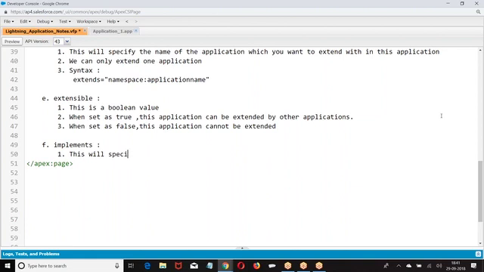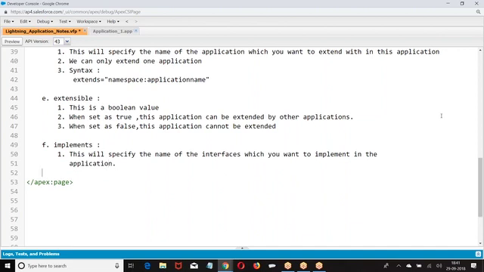This will specify the names of the interfaces which you want to implement in the application. All the interfaces which you want to use in this application, we define as implements.